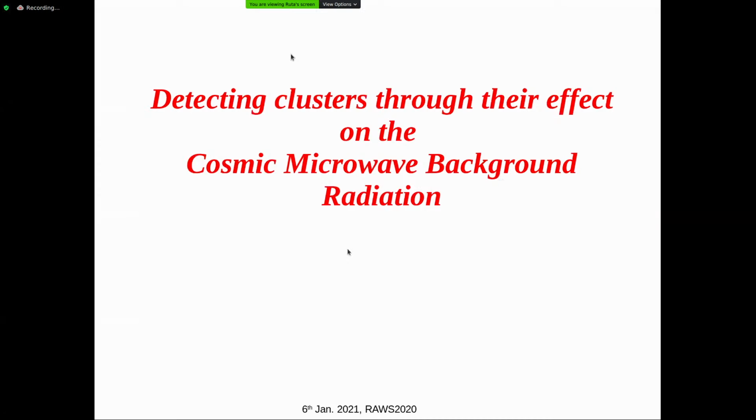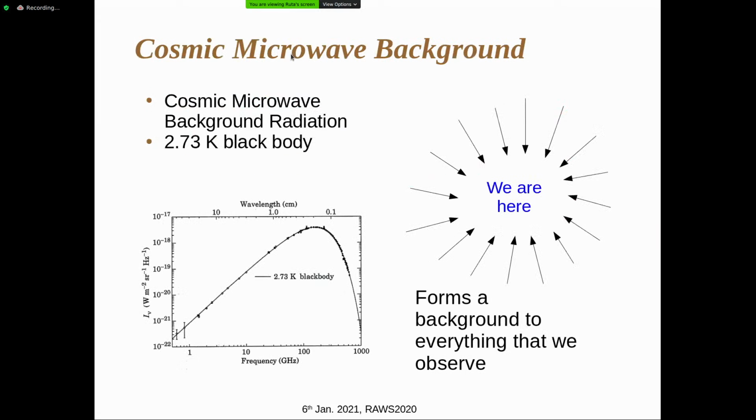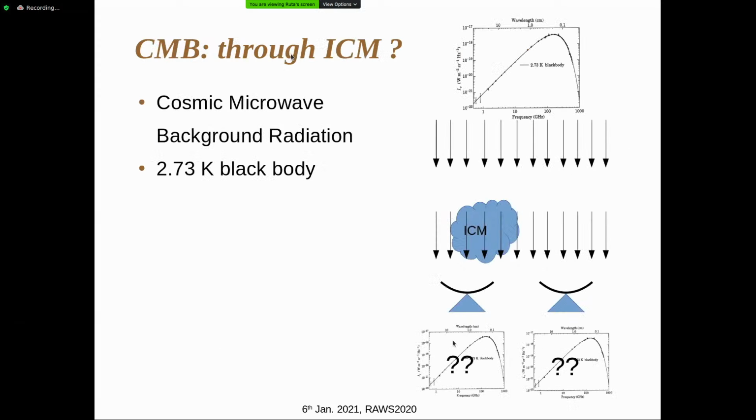Coming to another aspect, the detection of galaxy clusters through their effect on the cosmic microwave background radiation. I suppose all of you have sometime heard about the cosmic microwave background. This is a near perfect black body radiation coming from all directions in our universe. Whichever direction you look and measure, you will find this beautiful black body. If you measure in the right wavelength band, you can measure this black body radiation. And this is a background to everything that we observe in the universe. So now,